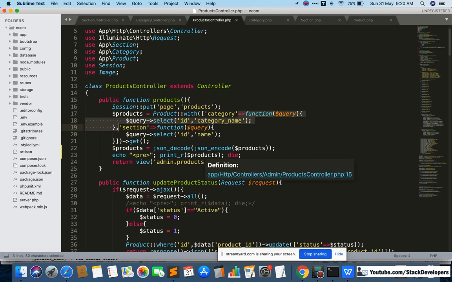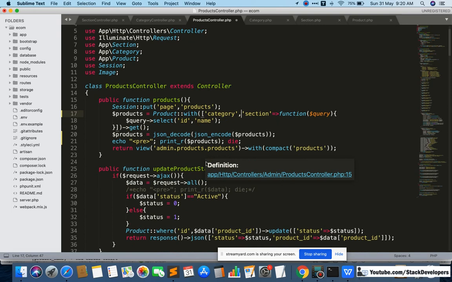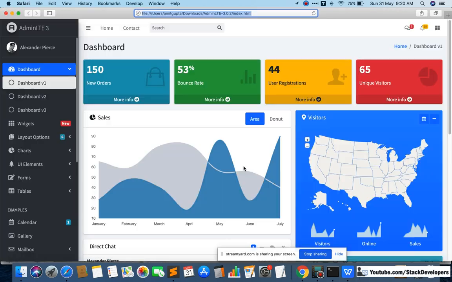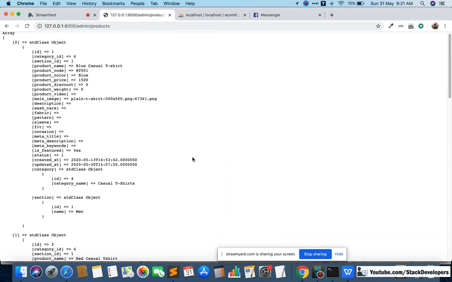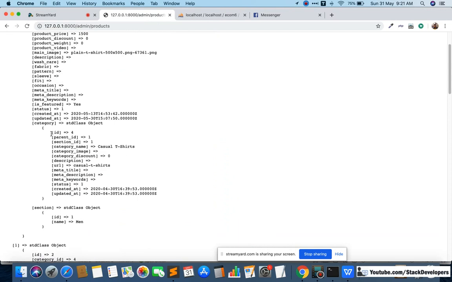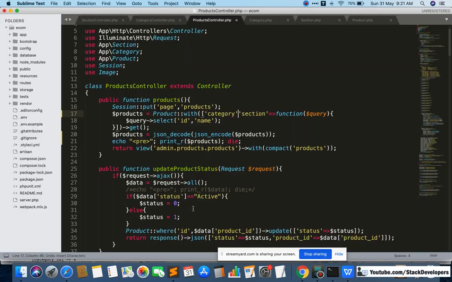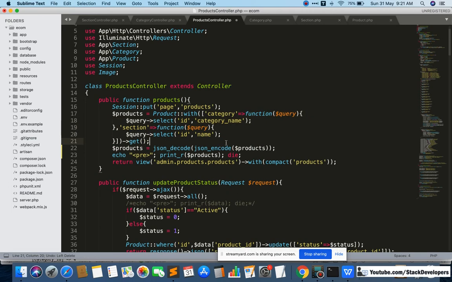Now the complete category details come up here. But we don't want all the details, so that's why we have added the subquery, so that we can get only the required details. And what is required? Only the ID and category name. So that's why we have added this subquery.